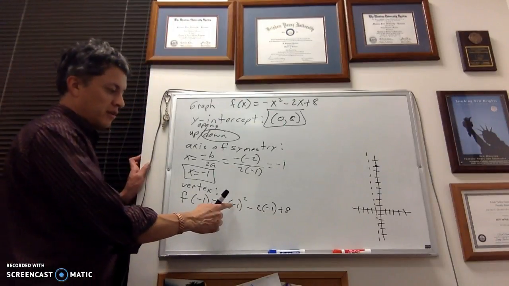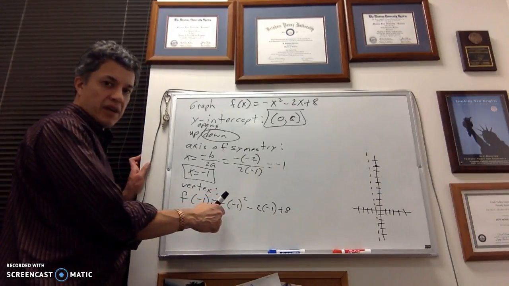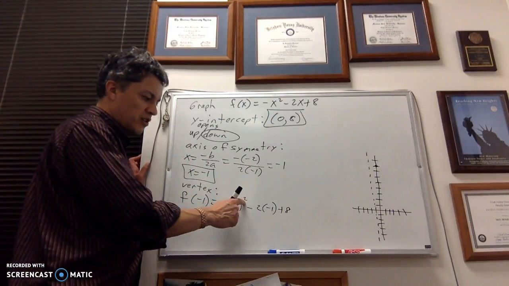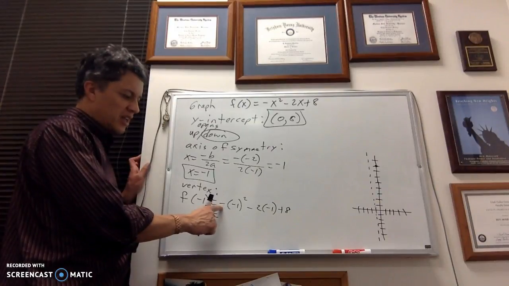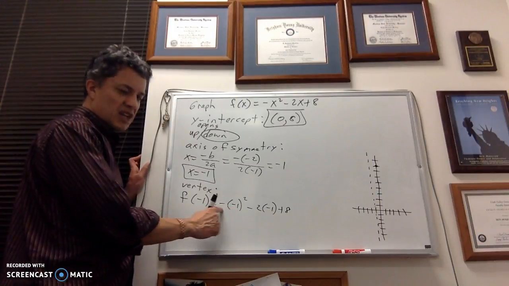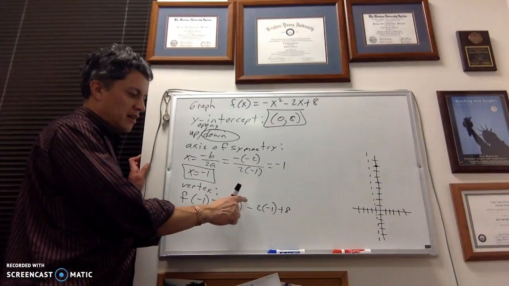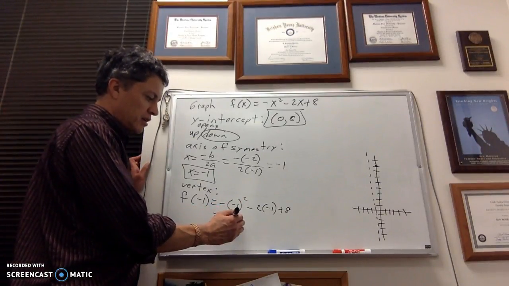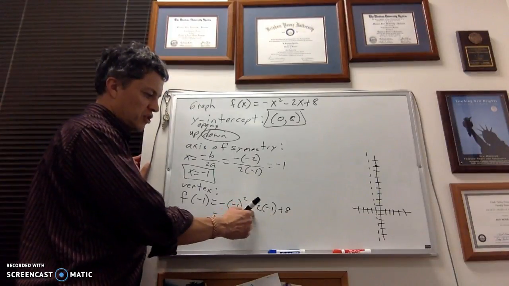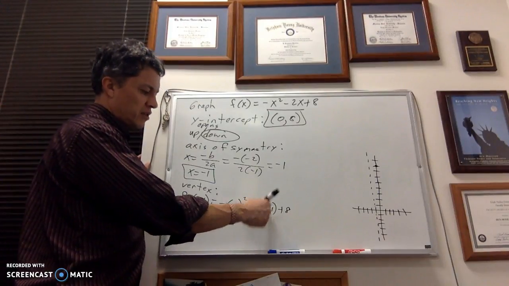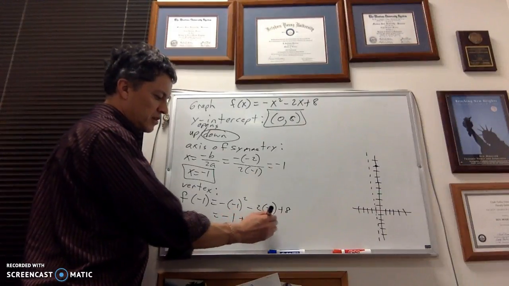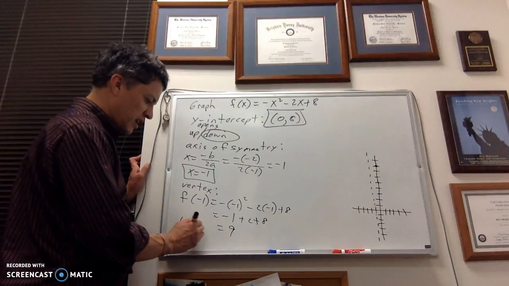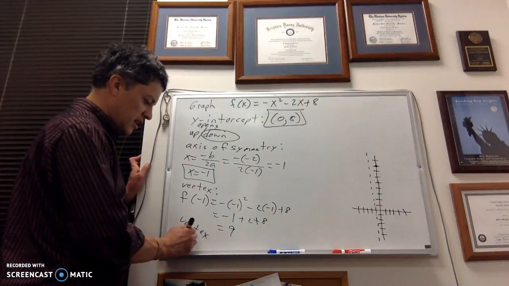Now be careful here. It's not going to be a positive 1 right here, okay? Order of operations says we have to take care of exponents, then multiplication. This negative times this negative would be a multiplication step. That's not going to happen yet. Squaring is going to happen first, okay? So it's going to be negative 1, and then I can multiply these. Negative 2 times negative 1 is a positive 2, plus 8. I get 9. Cool. So your vertex is at (-1, 9),